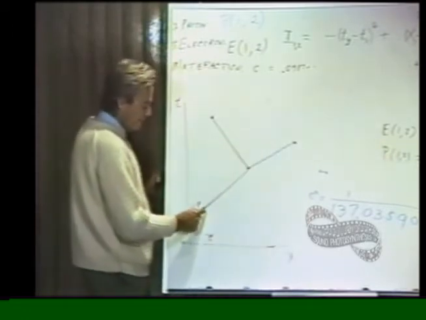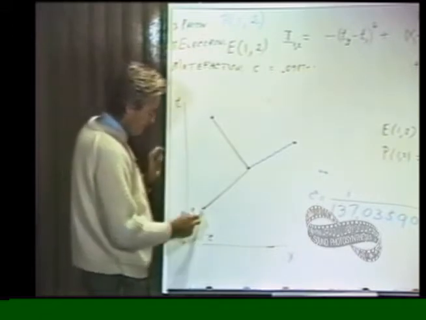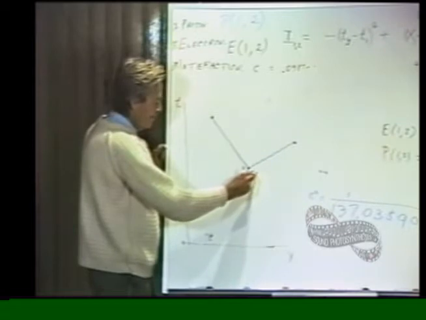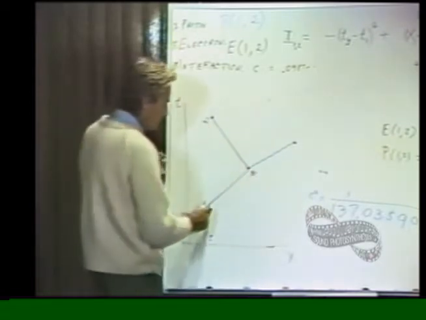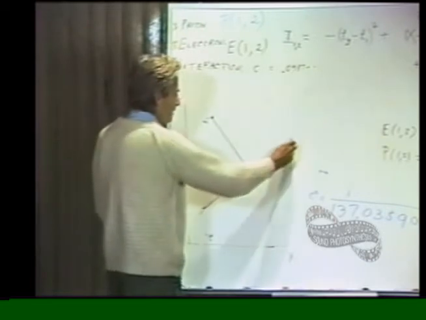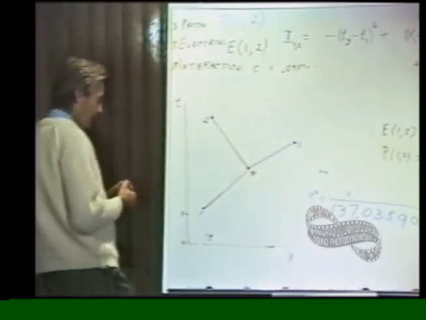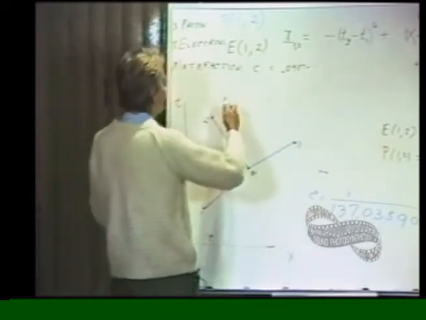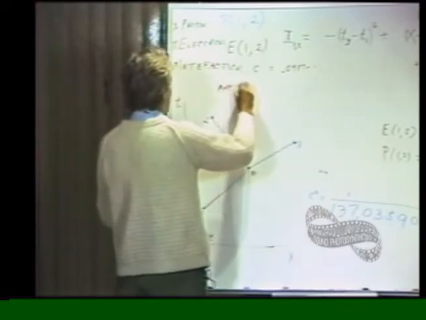One way it can happen is that the electron goes from this point, which I might call point 1, to some other point which I might call point 4, and finally arrives at point 2. Whereas the photon goes from 4 to point 3. So this would be the typical amplitude. I would draw a picture like this, and I'll tell you how to calculate it. Let's suppose I wanted to calculate the amplitude. Then an electron